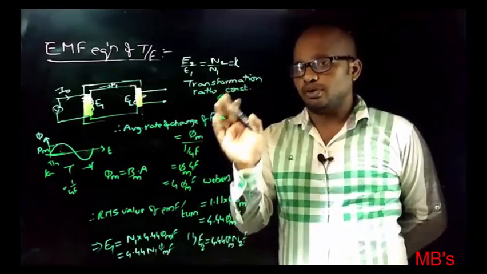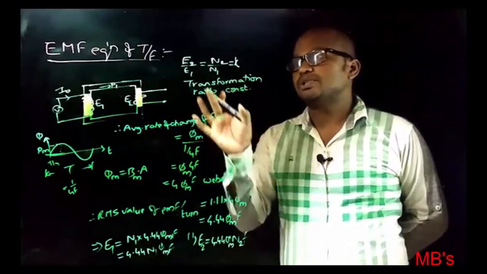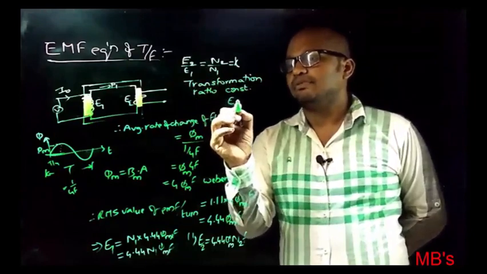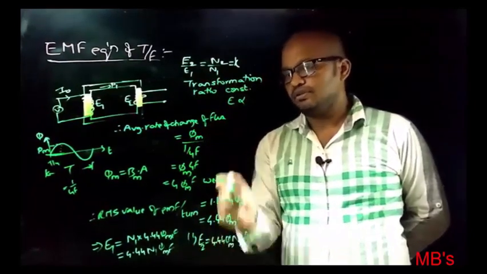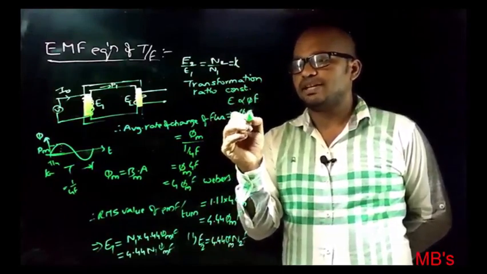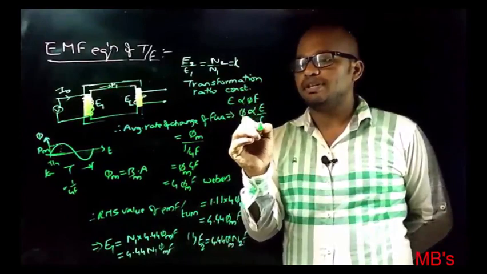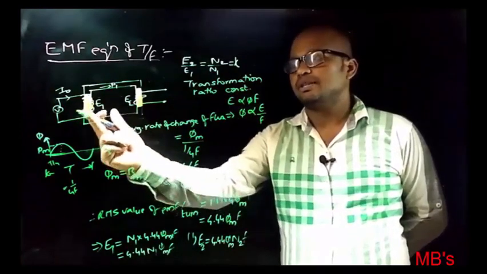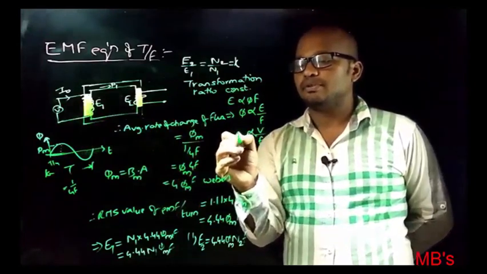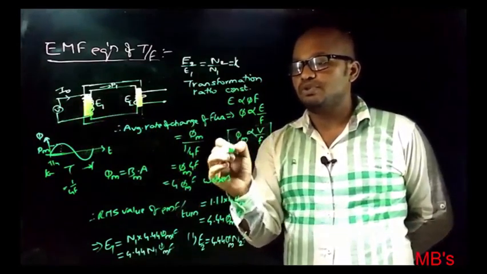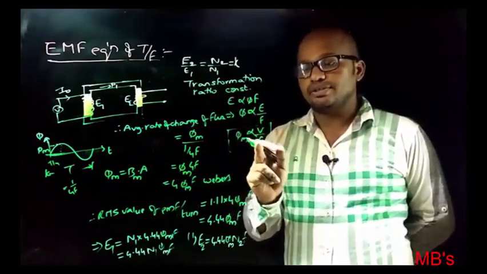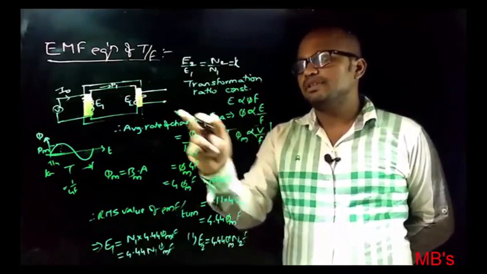This is one of the important relations, but the thing you must note from this EMF equation is not this. That is, EMF is directly proportional to phi into f, which implies flux phi is directly proportional to E by f. As induced EMF is directly proportional to input voltage, you can take phi is directly proportional to V by f. This is the important relation which you must note from the EMF equation of transformer. Why? If frequency decreases, flux will increase. If flux increases, then